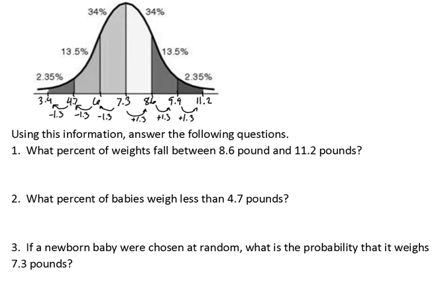Now that we have this curve, all the mean and standard deviations set up, we can start to answer some questions about the data and the percentages that are given to us according to a normal distribution curve. Using the information, let's answer the following questions. What percent of weights fall between 8.6 pounds and 11.2 pounds? So we look up here and we find those spots in our data. 8.6, 11.2. That's the section that includes